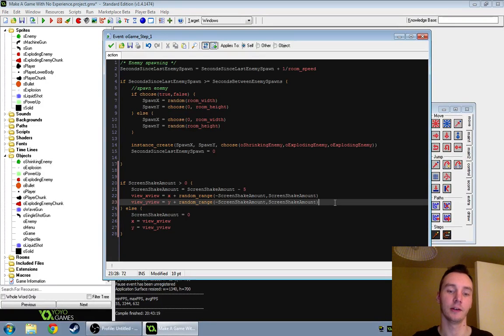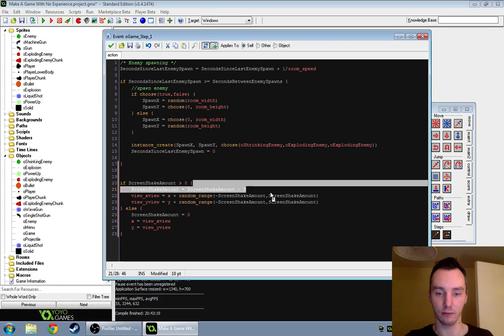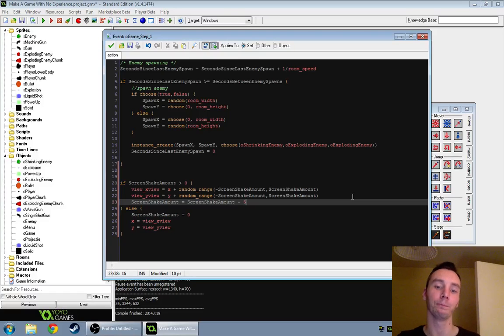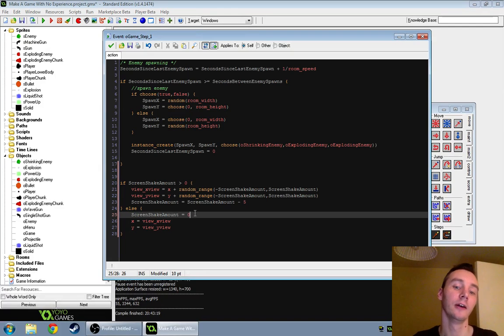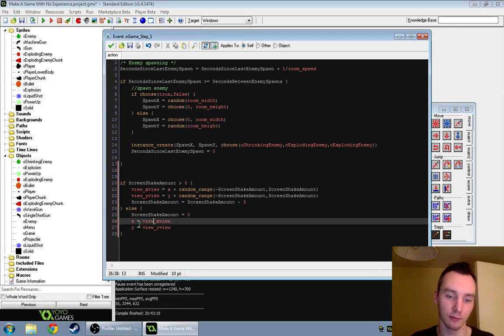And so that says every frame reduce the amount of screen shake. We could put it after that, I guess. And move our view by a random amount in both the x and the y directions. It could be positive or negative in either case, and just offset us from where we should be by that much. And because it's reducing, it will kind of calm down and get back to nothing eventually. And then this says if it is nothing, or it's gone even less than nothing, set it to nothing, and then just set our